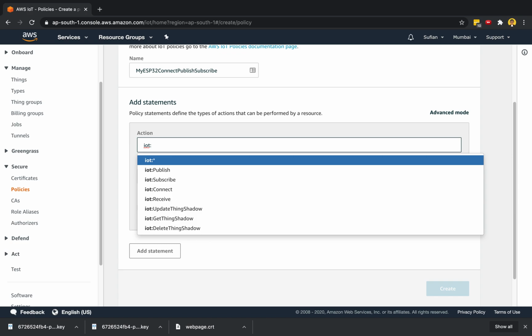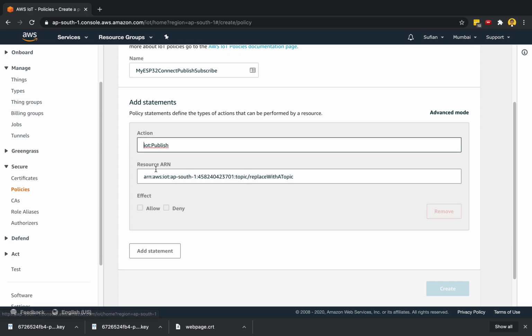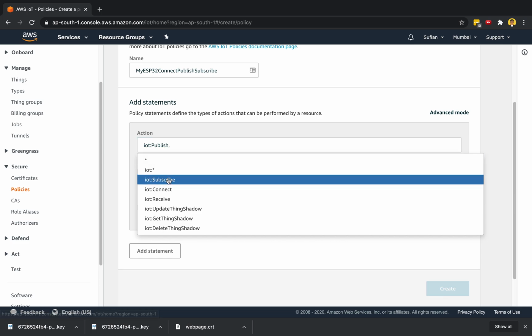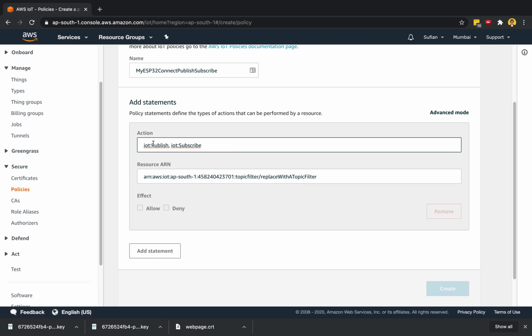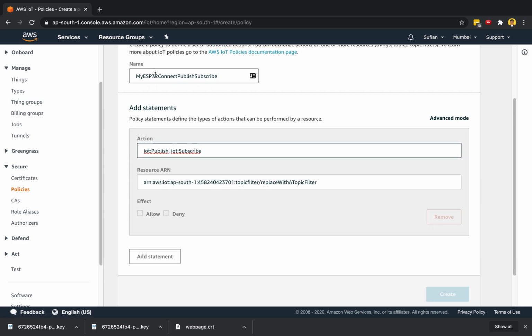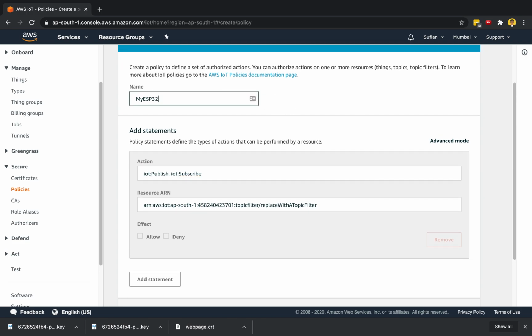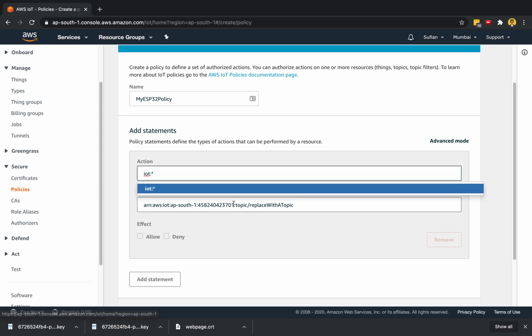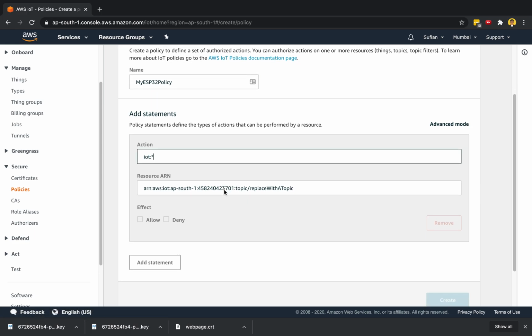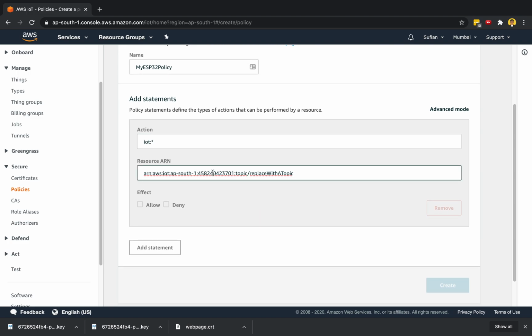I can either do this, or if I want to limit, I can only do IoT publish, IoT subscribe and things like that. Okay, here I'll say my ESP32 policy, and then for simplicity I'll give all the rights to it, and the resource name for